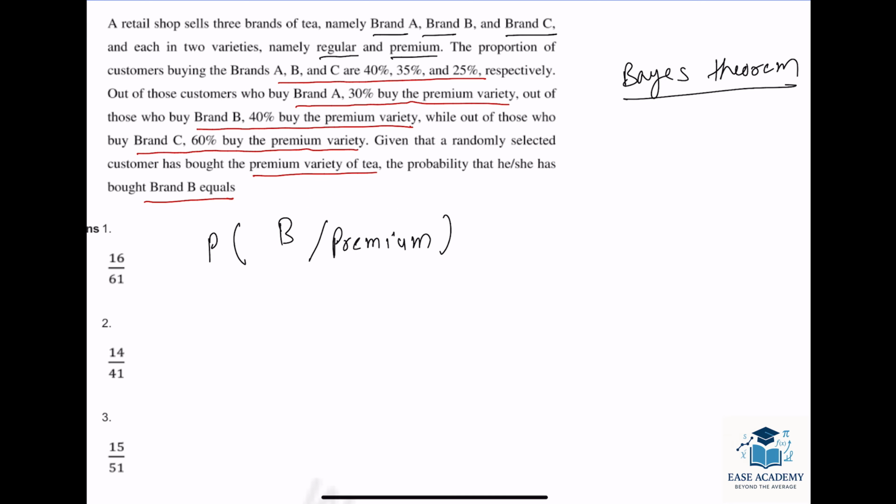The customer has bought the premium variety; what is the probability that he bought from B? This is something we should come up with as we read the